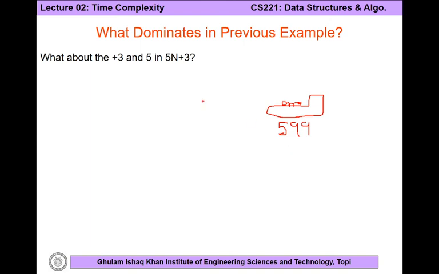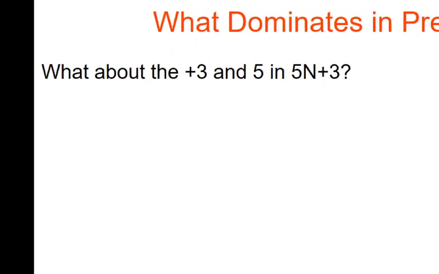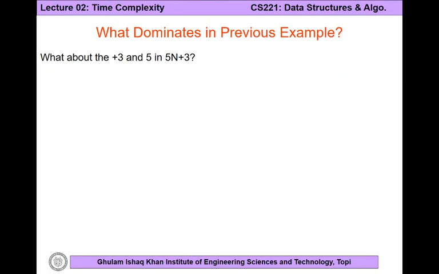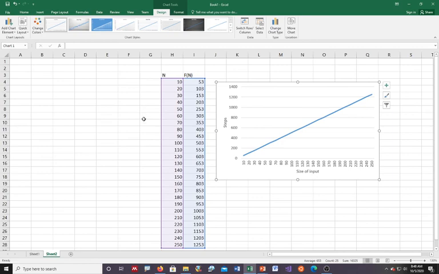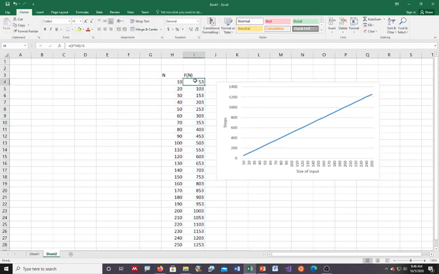What if you go to the counter and you pay like 600 rupees, and in 99% of the cases the shopkeeper does not return you 1 rupee, and you don't bother about taking your 1 rupee back when you have given the shopkeeper 600 rupees, because that 1 rupee is insignificant for you. So same goes here, in this 5n plus 3, this plus 3 is insignificant, right? Now coming back to this example,